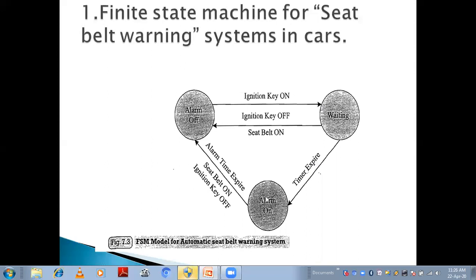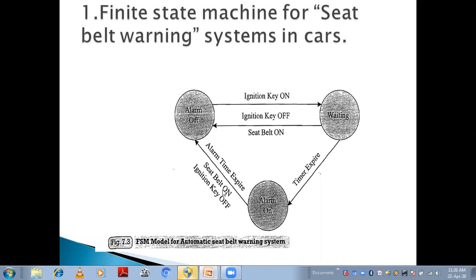Once the alarm is on, it will be turned off if the seat belt is on or the ignition key is off. Suppose you fasten the seat belt within 5 seconds, that is, the timer for the alarm is 5 seconds.